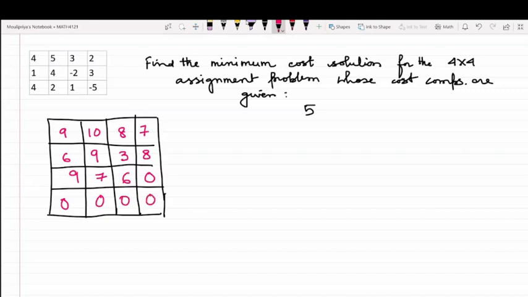Am I correct with this? And once we calculate the cost, that calculation would be done on the original matrix that is given to us. Am I clear with this? Once you calculate the minimum cost, which is our actual target, we will do that on the basis of the original matrix that you are given.